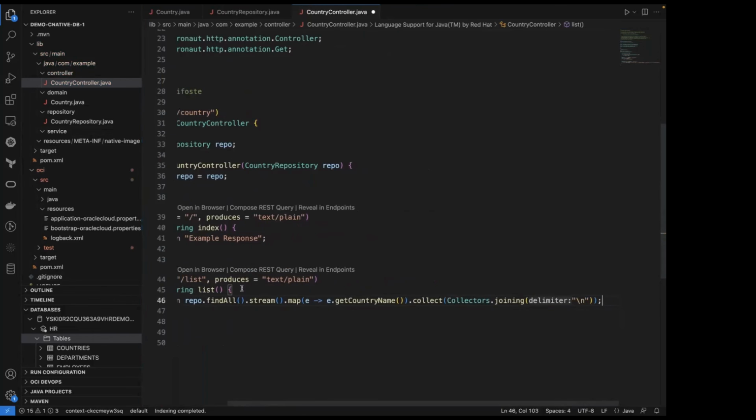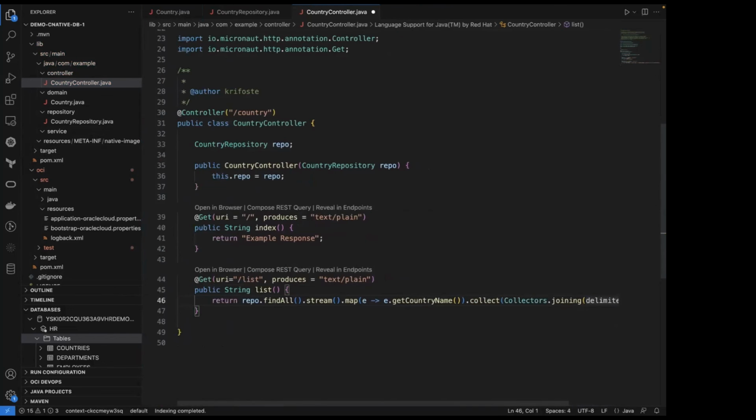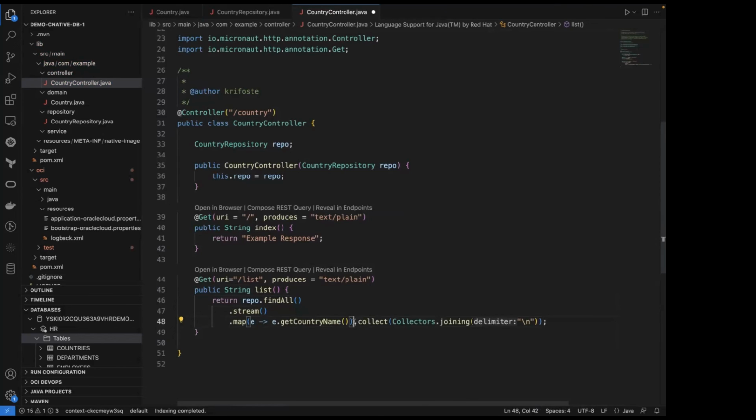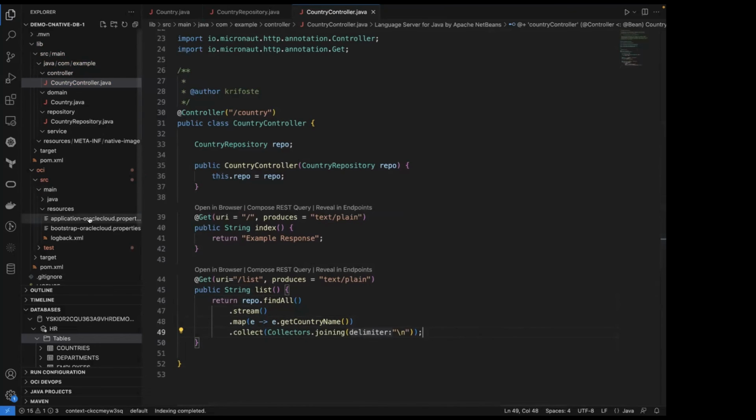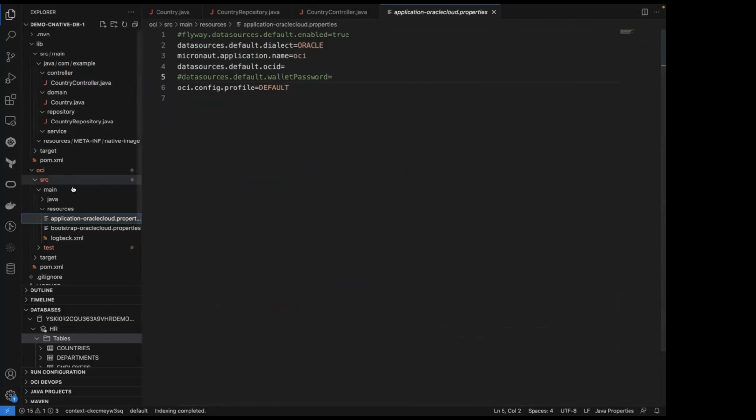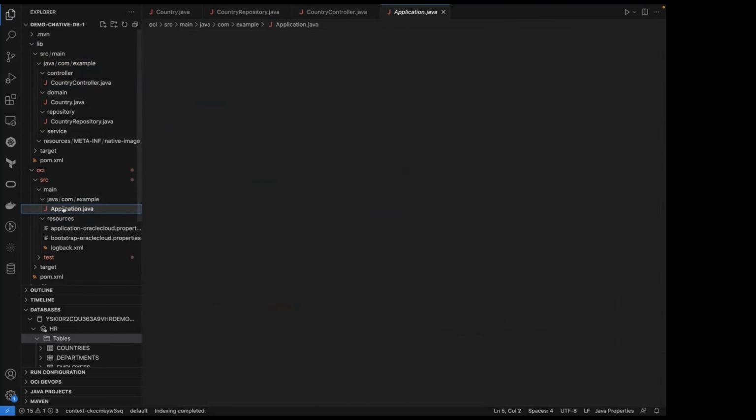So we've now taken that database table, and if I make this a little easier to read for everyone, we've gone in a minute or two from a database table to a controller that exposes that database table. And hopefully, if I've got my configuration correct and I haven't missed anything out, I should be able to just go into my application now